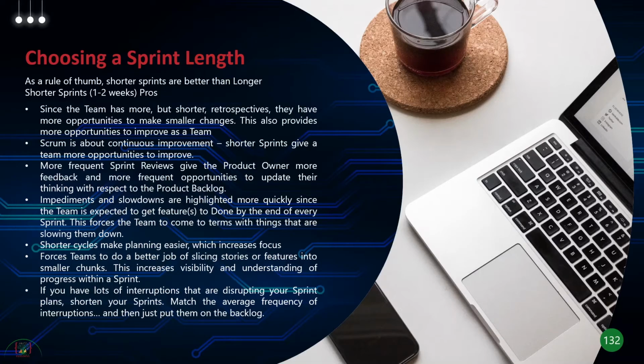So short sprints give the teams more opportunities to improve. You're getting frequent sprint reviews and more feedback. Impediments and slowdowns are highlighted more quickly, because the team is expected to get the features done by the end of every sprint. This will force the team to come together and work on the impediments quicker, and shorter cycles also make planning easier,